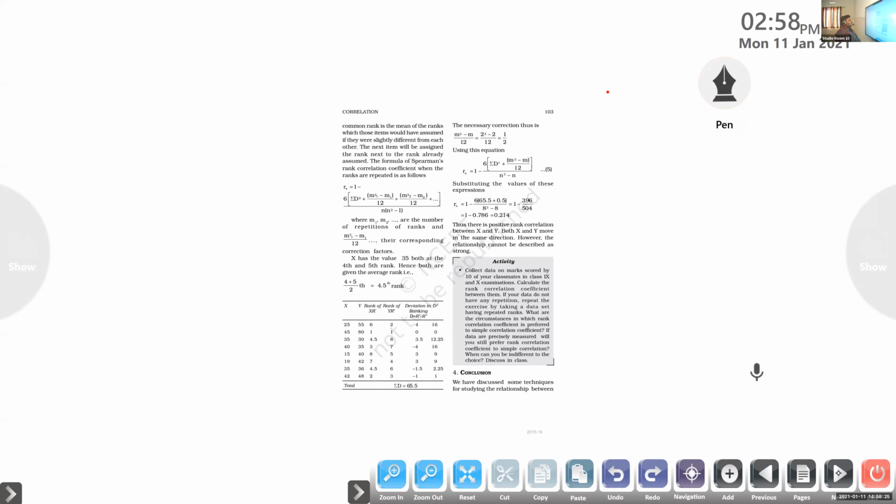Next, we want to write the ranks there. Already we know that if one rank is repeating, you want to take the mean of that position and that rank you want to provide. Clear? Okay, and here it is. Values you wrote 25, 45, 35, 40, 15, 19, 35, 42 and the ranks corresponding to these numbers.